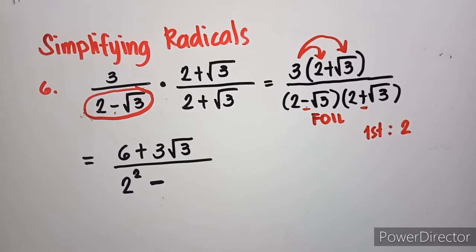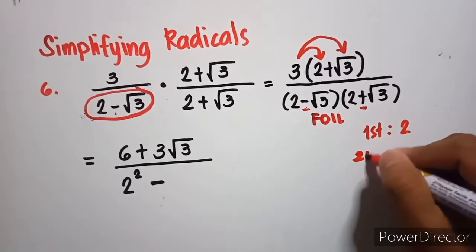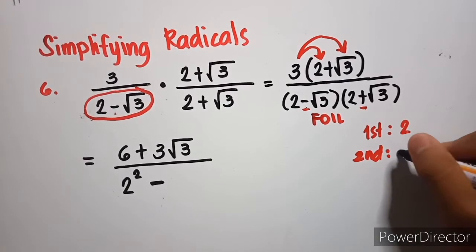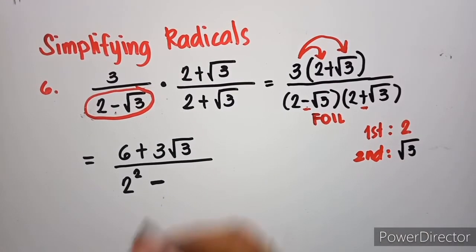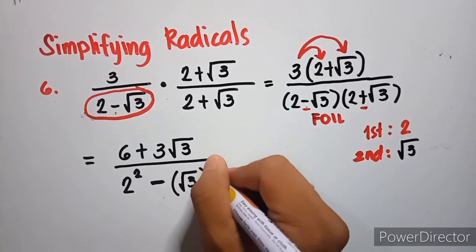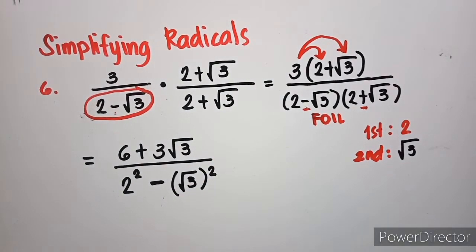Ang ating second term ay square root of 3. So, square root of 3. So, kaya ang ating gagawin ay square root of 3 squared. Okay? Then, that will be equal to,